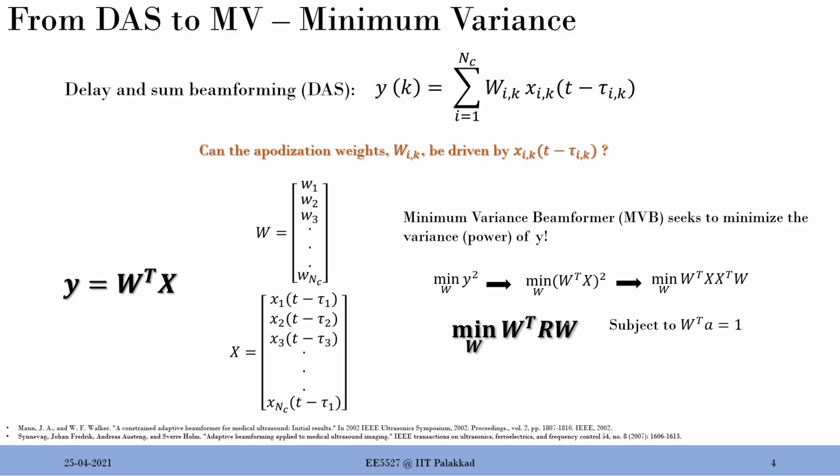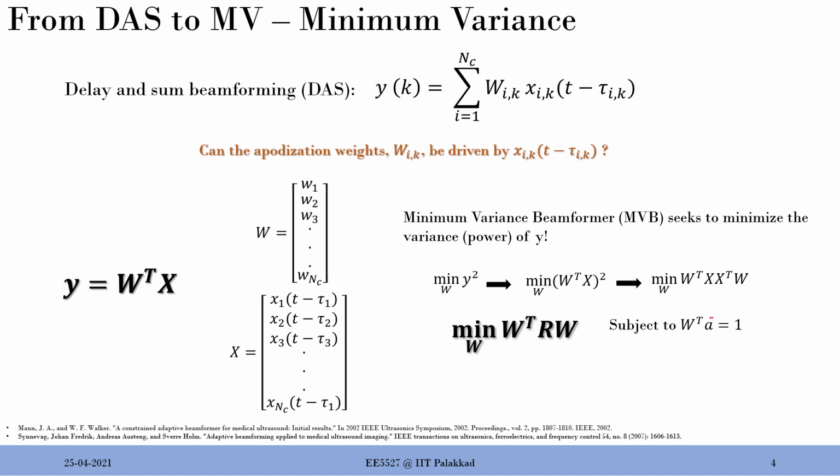Of course, if you go for this expression alone without any constraints or conditions, then you can take any value of W, right? You can literally take any value of W, and that is going to take you a lot of time. But we know one thing very sure: we have NC number of transducers and we want to weight them. W is nothing but some weights, and we know that the total weight should sum to 1. That is one very important condition, because what I want is 100% weights. You distribute that 100% across the NC transducers, I don't care, but they should all sum to 100%, which is nothing but 1.